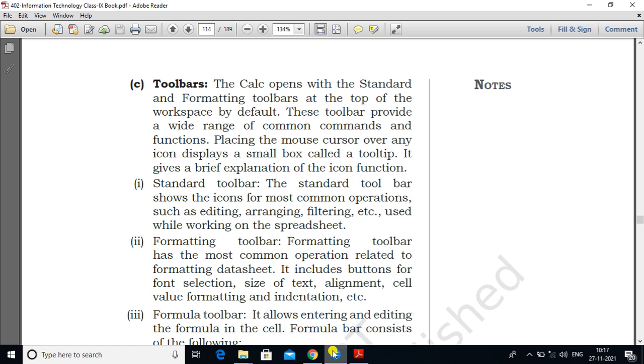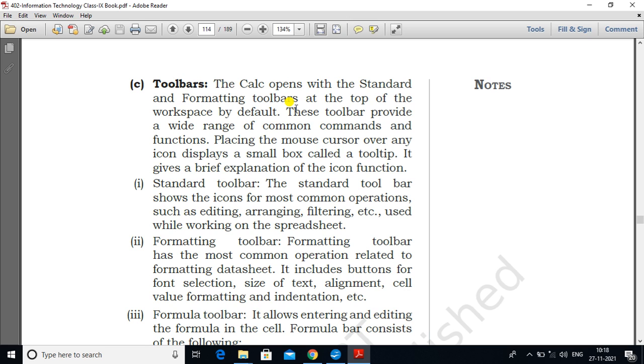Okay, so in the toolbar, Calc opens with the standard and formatting toolbars at the top of the workspace by default, and these toolbars provide a wide range of common commands and functions. Small icons are displayed in a small box, and that is called a tooltip.